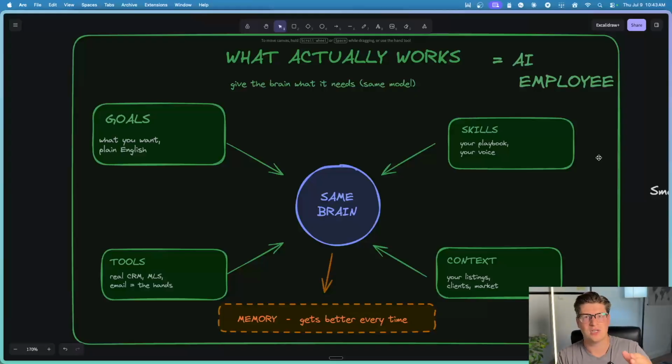And even if you used the cheapest and the free model, if you gave it these, the difference between the input with and without it would be so significant, it will blow your mind. And especially if you do use a higher, better flagship model, you will be even more impressed when you give it these things. That is when you start building true employees that can do things. You start putting them on schedule. You start having them monitor certain things that are on the computer and in the systems. It becomes an extremely effective way for you as a realtor to start getting some of your time back,